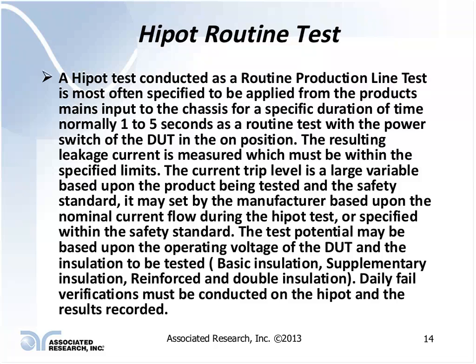Class 1 products are tested at a different potential than a Class 2 product. What is a Class 2 product? A Class 2 product is a double insulated product, where instead of having just the basic insulation as the first level of protection to guard against electrical shock and the grounded metal enclosure, you have 2 levels of insulation. You have a reinforced